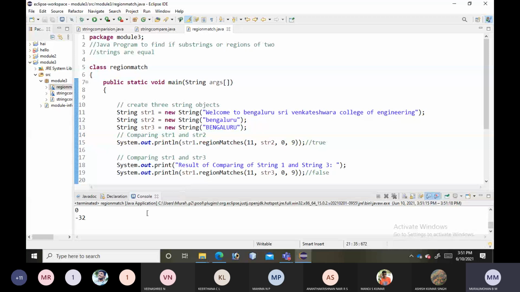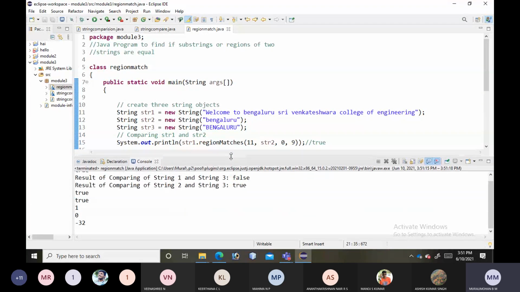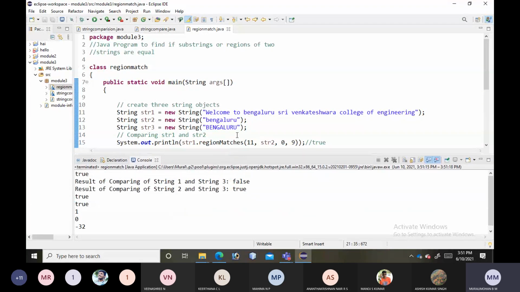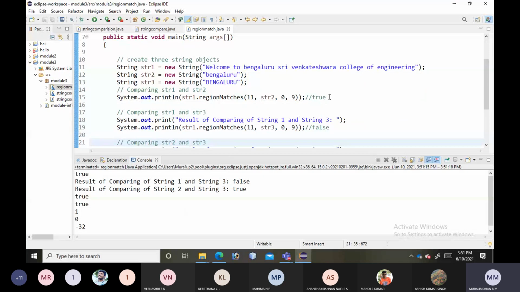All right. You just observe here. The first answer we got as true. So we are getting correct, yes, right? Is there any doubt with this one? Kindly respond, everyone. Okay. Second one, false we are getting.